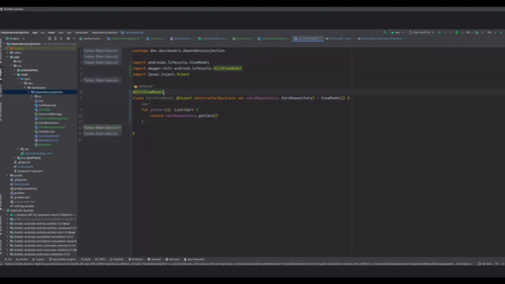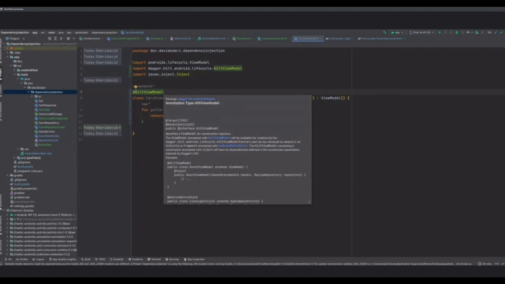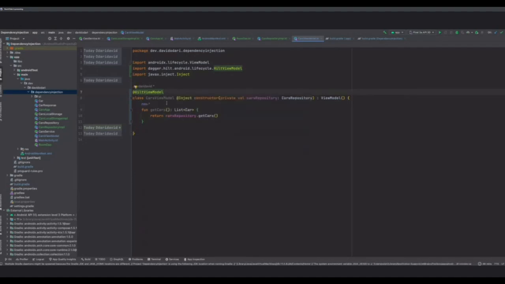But also, I think if you forget to put the right annotations, there will be crashes, or compile time errors that will be shown, that will give you a hint of what you're supposed to fix.